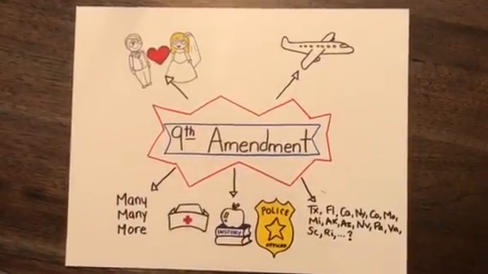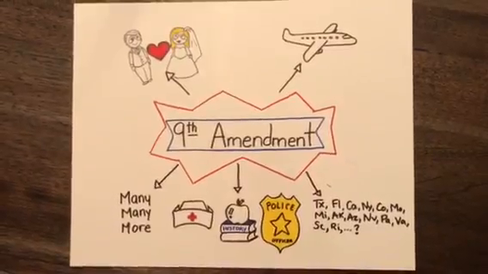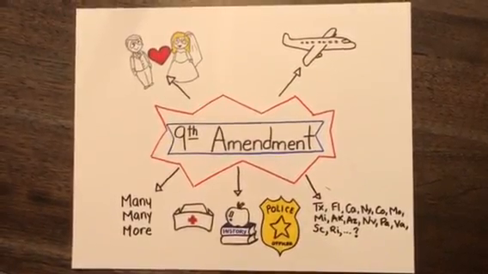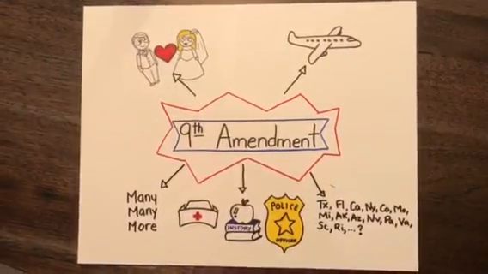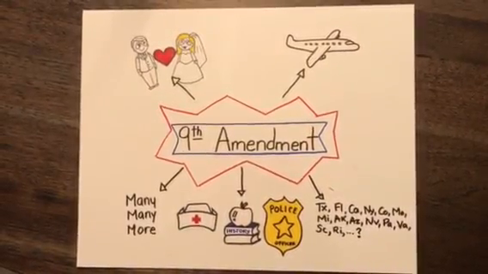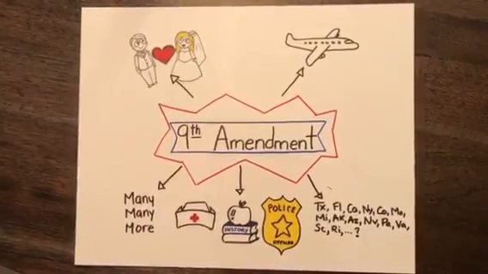The majority of our rights and freedoms come from the Ninth Amendment, which reads, "The enumeration in the Constitution of certain rights shall not be construed to deny or disparage others retained by the people." This means that the freedoms listed in the Bill of Rights are not the only ones we can enjoy, but